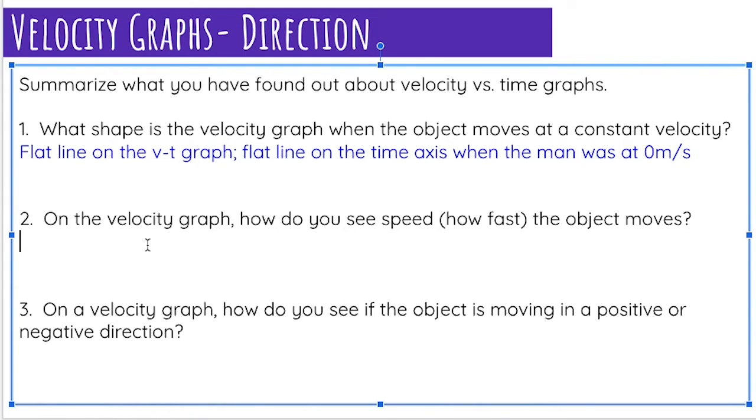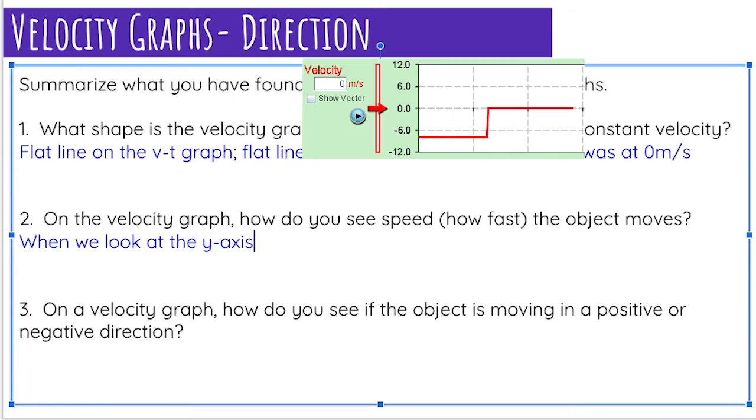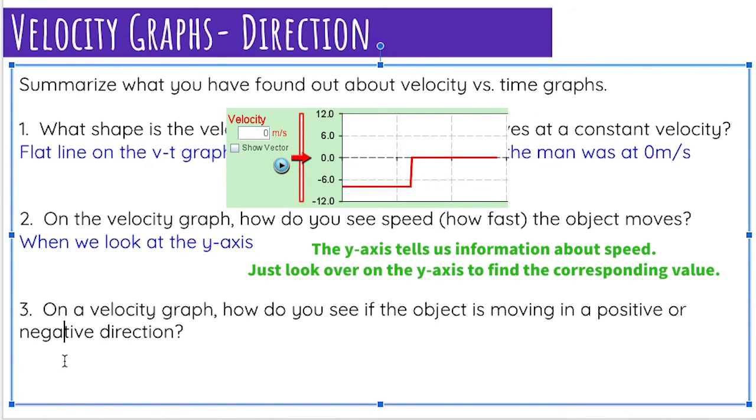Now on the velocity graph, we saw that the object speed is when we look at the y-axis. So when we look at the y-axis, we can see how fast it is because the velocity is on the y-axis. So if we just look across on the y-axis, the value there tells us what the speed is. Then on the velocity graph, we see the direction of the object in whether or not it's above